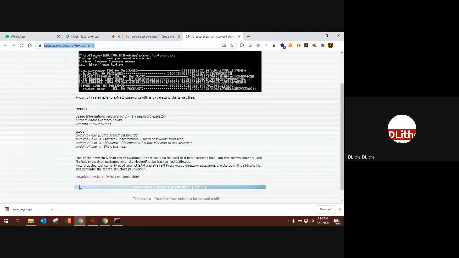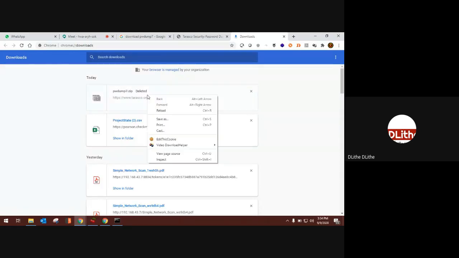So I've downloaded this file. It is basically a zip file. Most of your antivirus tools, you can see it says removed. That's because most antiviruses will think this particular tool is malware. So make sure you download it and go to downloads.